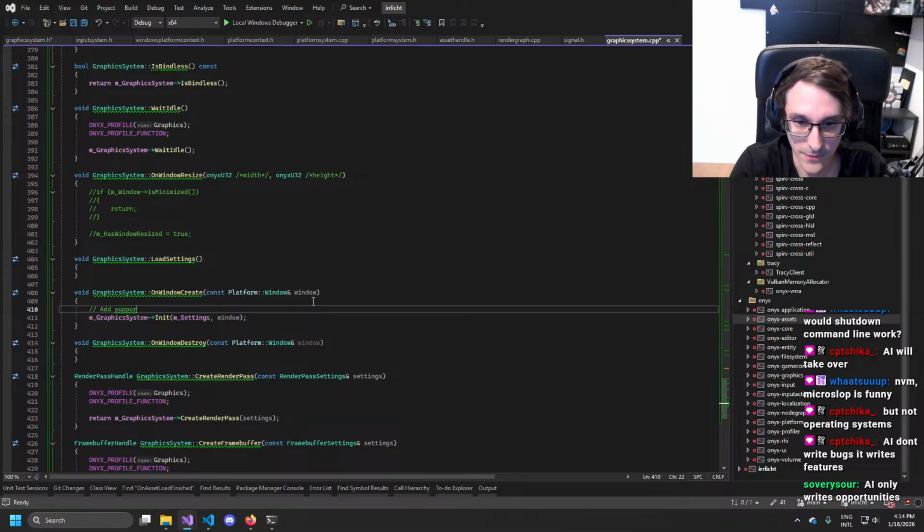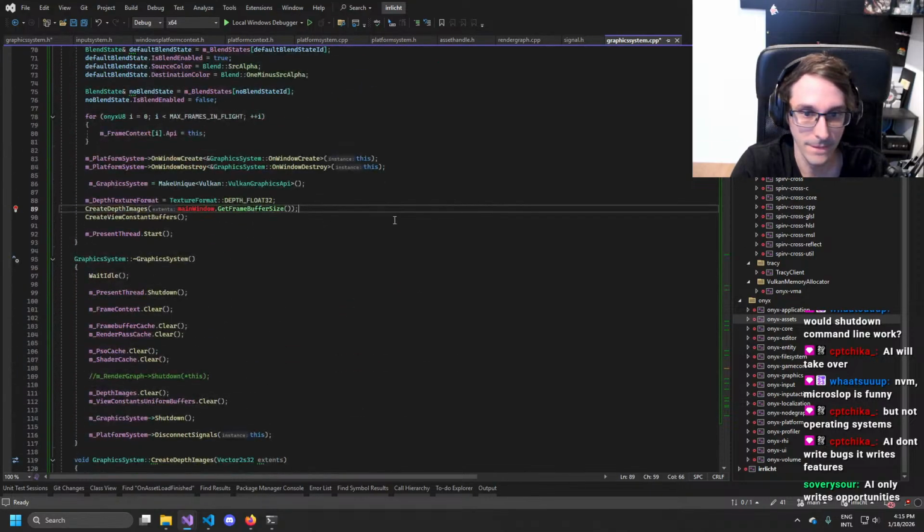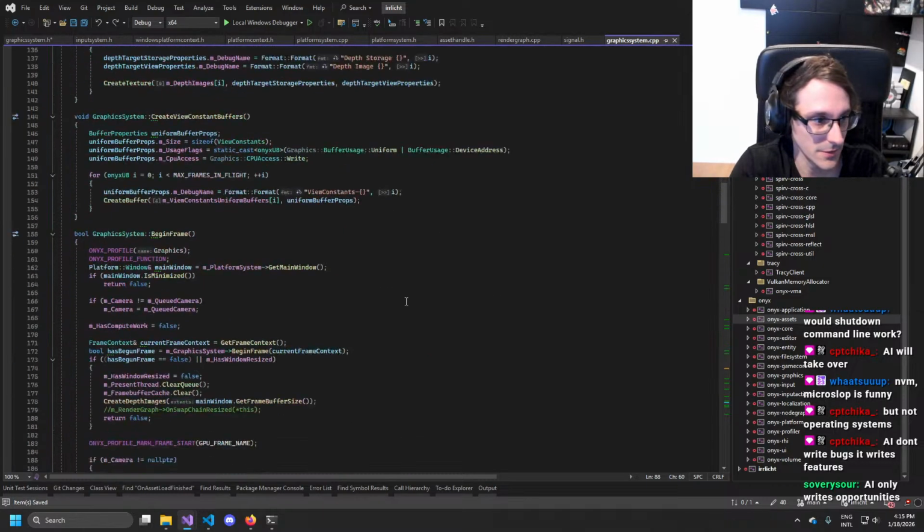For now. Add support for multiple windows, which would basically mean we need to... I mean, I guess I would go down there as well.